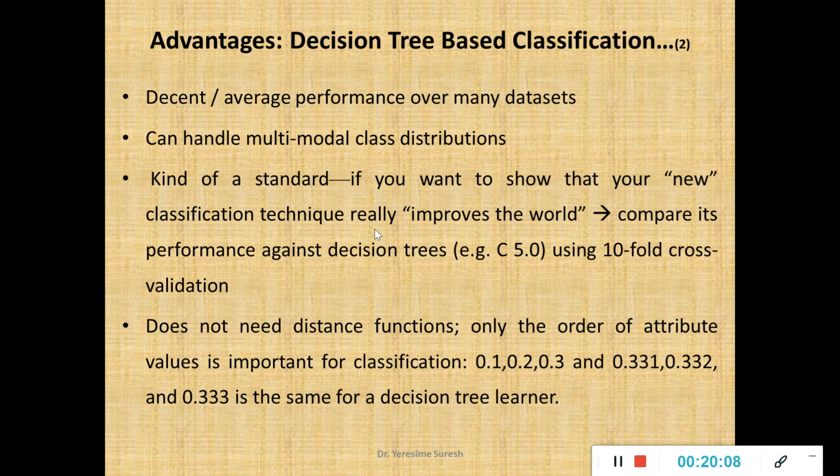And your decision tree using Hunt's algorithm is a standard wherein the decision tree can be compared with cross validation techniques. What is cross validation? We'll be dealing with it in your module 4 with respect to classification as well as clustering with respect to model evaluation. And your decision tree does not need any distance functions. Distance functions in case of your data similarity and dissimilarity, we have discussed Euclidean distance, Manhattan distance, Minkowski's distance. All those distance functions are not necessary for your decision tree. Basically the ranking, the nominal values 0.1, 0.2, 0.3 or rank 1, 2, 3, 4, 5, 6 can be used to represent your decision tree.